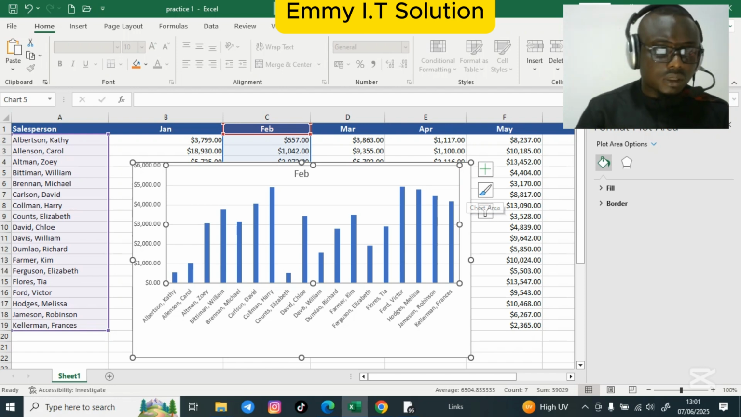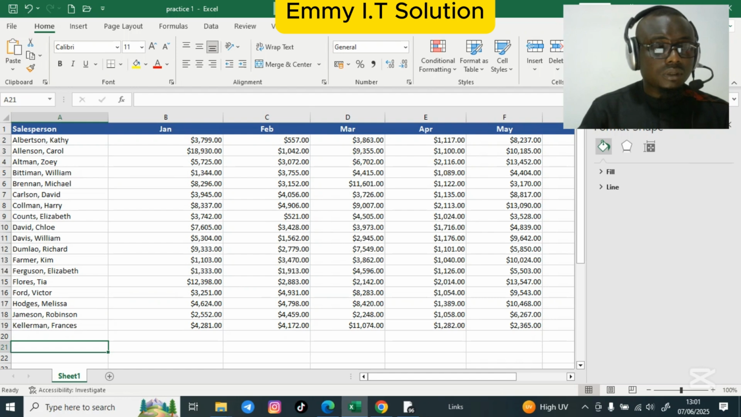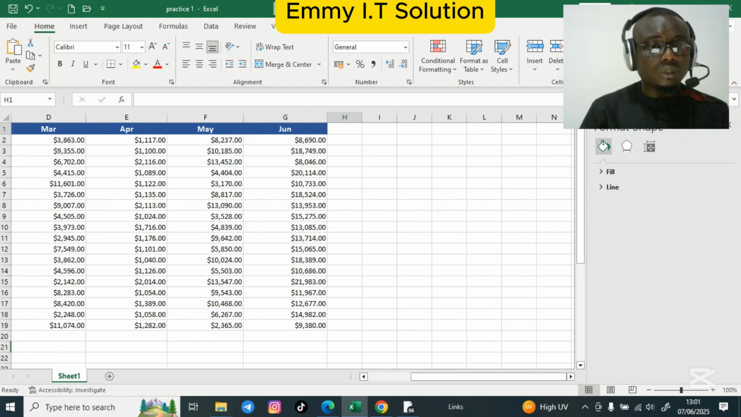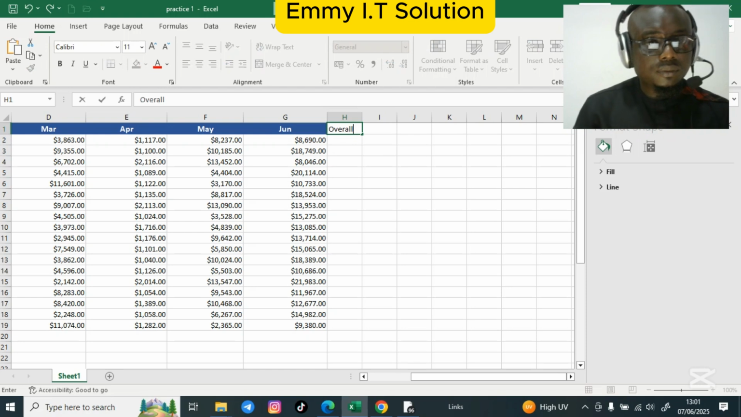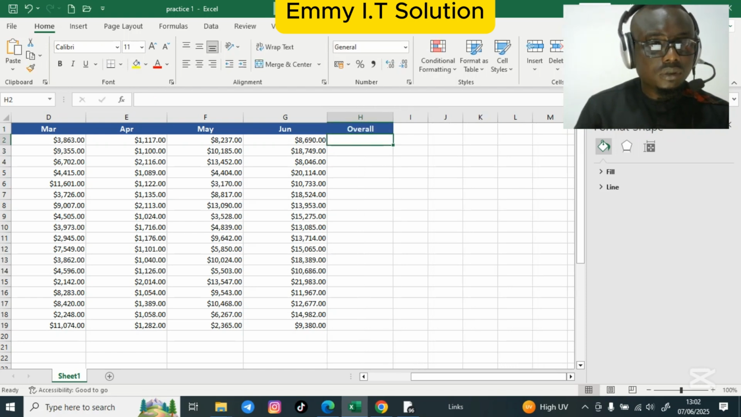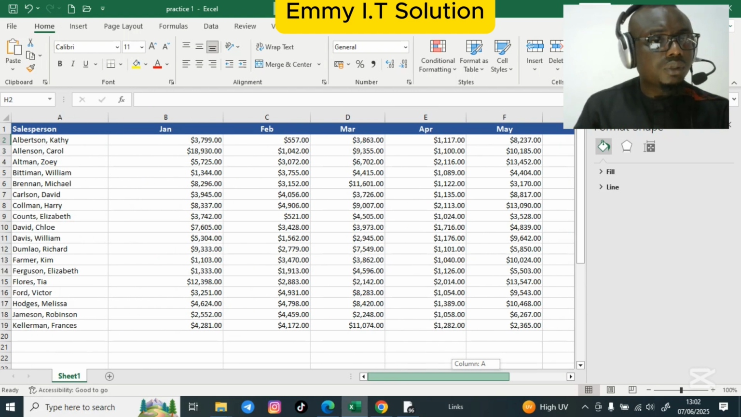So let me delete this chart from here. How am I going to see the overall best salesperson? It's when I sum up the sales for January, February, March, April, May. That's when I'm going to see who's actually good in sales. So let's say overall, and then we're going to use a sum function, and let's look for the range sum B2 to